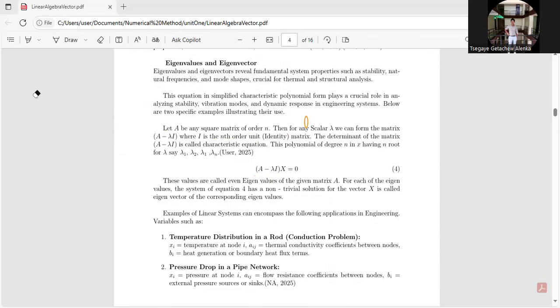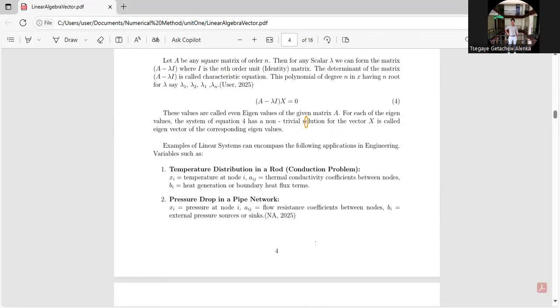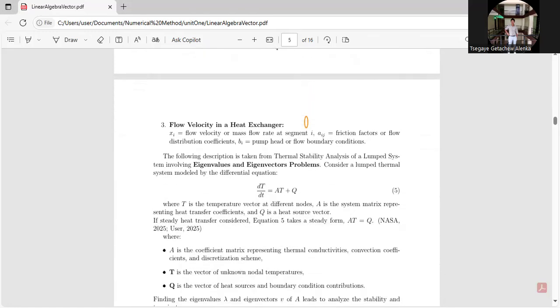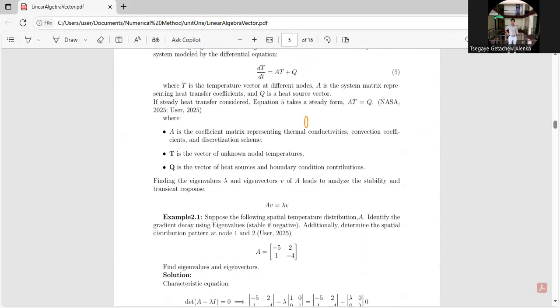This example is taken from a website description of heating up. The citation is given in the document for more. So consider heating up time, whether you model your oven or anything. This equation is also known as a lumped thermal system modeled by a differential equation. The total derivative of temperature with respect to time, aka transient temperature variation, equals the product of coefficient matrix and the nodal vectors plus source heat. Thus capital A in equation 5